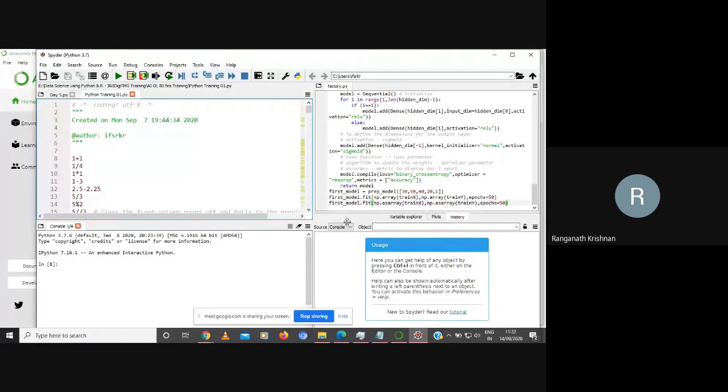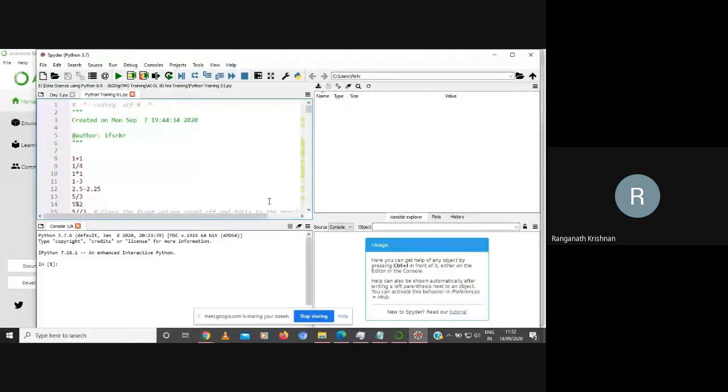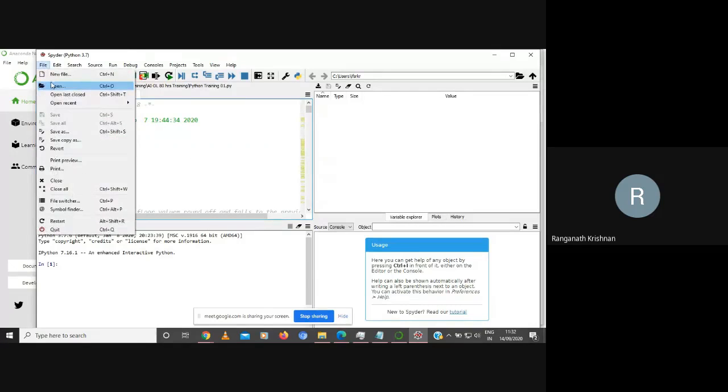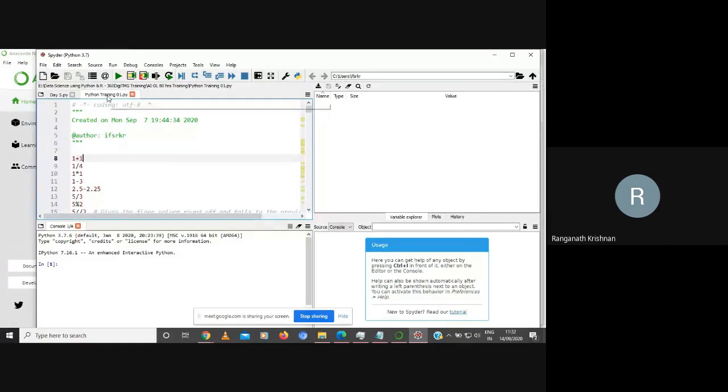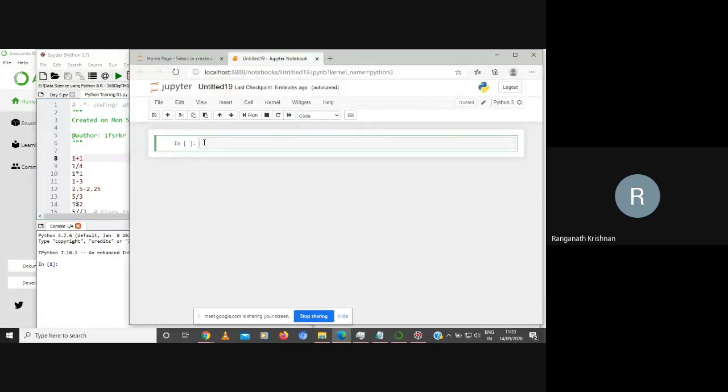Okay, so before I start, I'll give you a quick introduction of what these four different visual display areas are. This is where you go to File and open a program. I already have my program Python 1 training open. Other programs you open will show up as different tabs, like file folders in Explorer. This is where you type your code. At the bottom is called the console. This is where you will see the output.